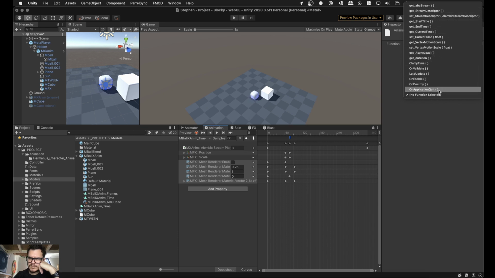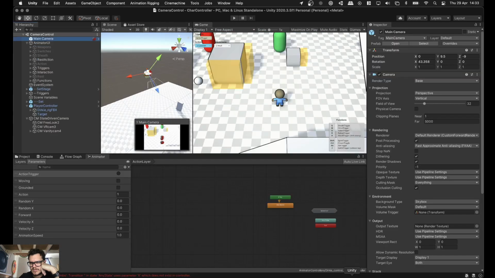Yeah, I think maybe these are the default ones. In that case, if you want more functionality, or if you want to tap into it outside of Unity script, the alternative would be